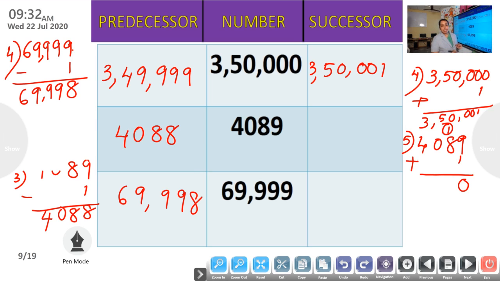So 1 plus 8 is 9. Then nothing to add there, then bring down the 0. Here also bring down the 4. So successor of 4089 is 4090. Is it clear? Clear? 4090. So sixth question. You have to find the successor of